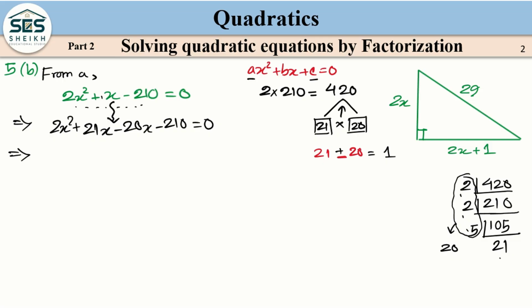So from this part we need to take common. What can we take common here? Oh no, we cannot take anything common, we can only take x common. So 2x plus 21, and we will write this thing as it is here, 2x plus 21. Now we will have to divide this last part with this value. So if we divide them, then we have